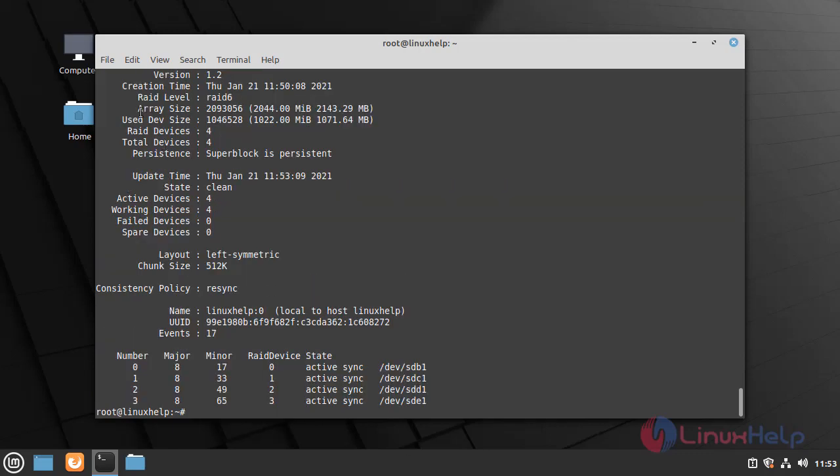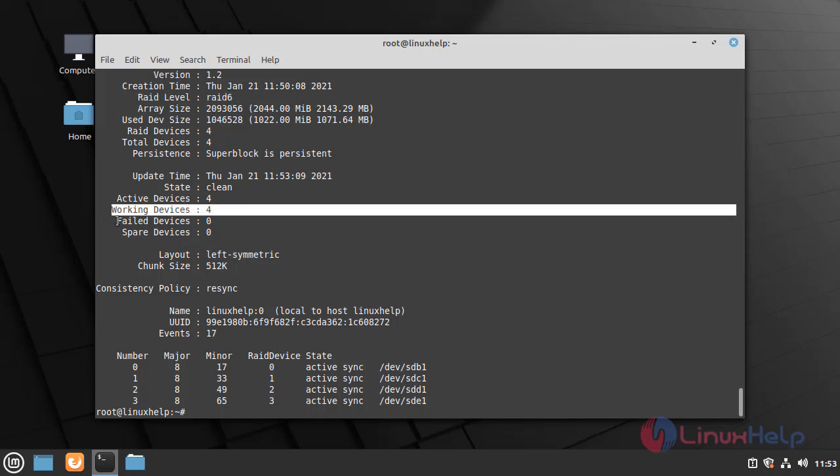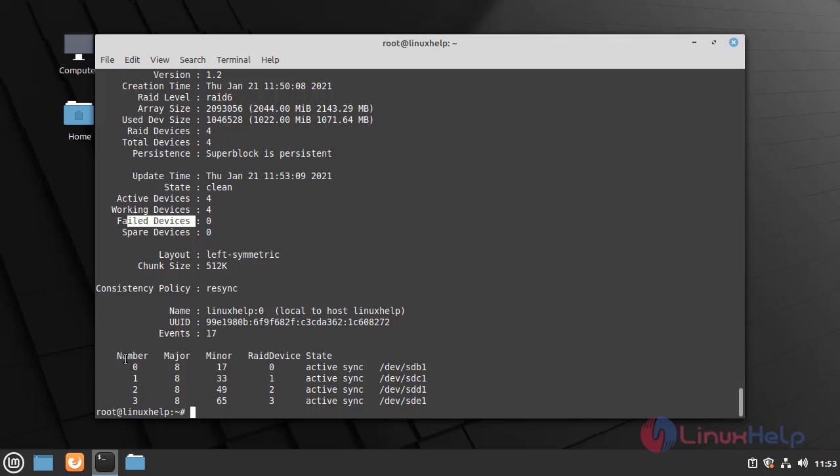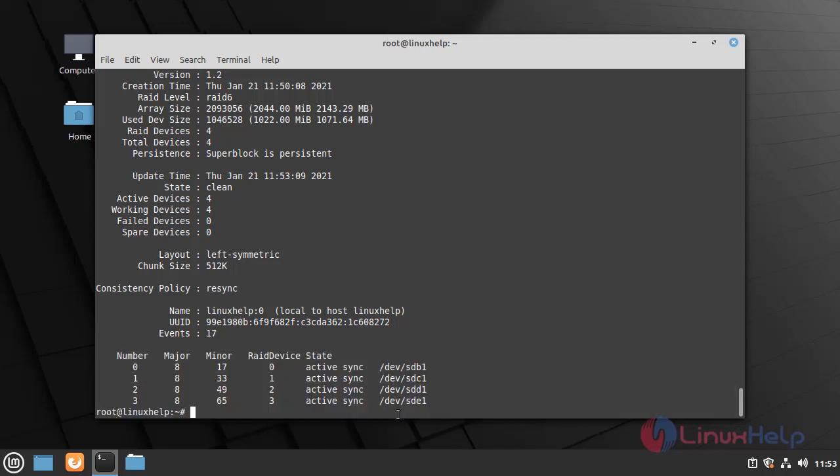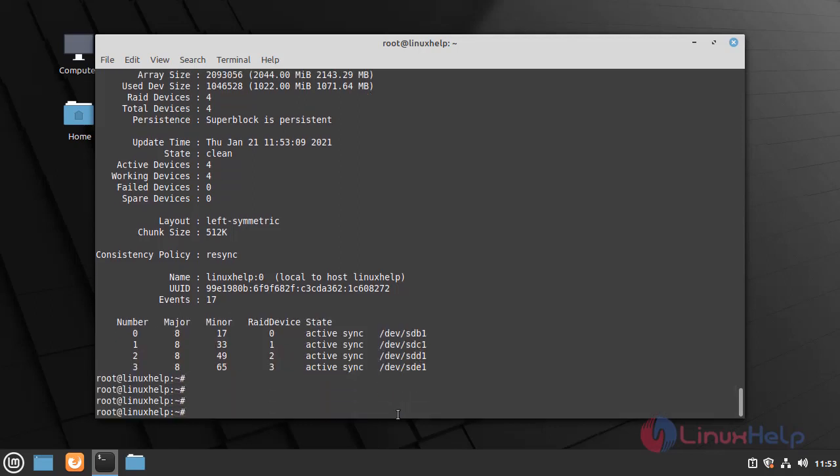Here you can see the RAID level is 6 and the working devices is 4. There are no failed devices. Here the RAID is using the sdb1, sdc1, sdd1, and sde1 drives. Now I create a directory to mount the RAID.